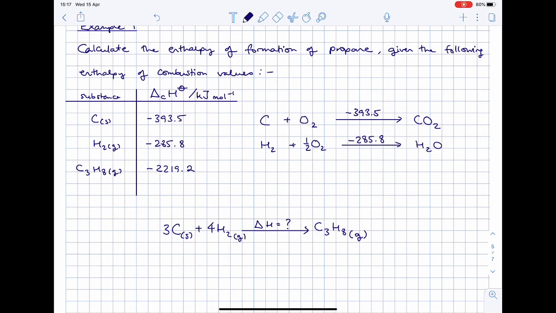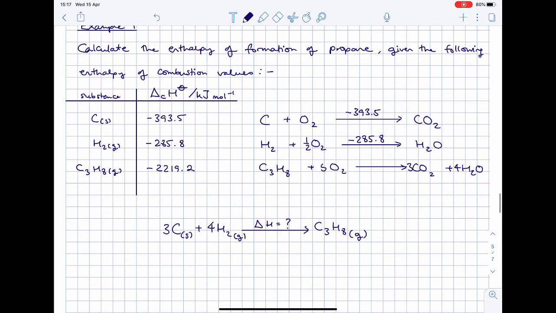And we do the same for the propane, so burning 1 mole of propane in oxygen, we get carbon dioxide and water, and we balance for 1 mole of propane, so we put 3 in front of CO2 and we put a 4 in front of the H2O, and we balance the oxygens by putting a 5 in front of the O2. So this value is minus